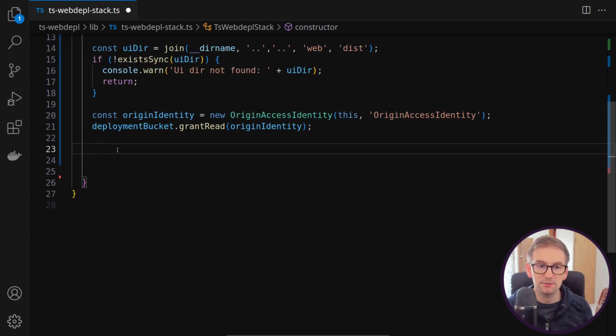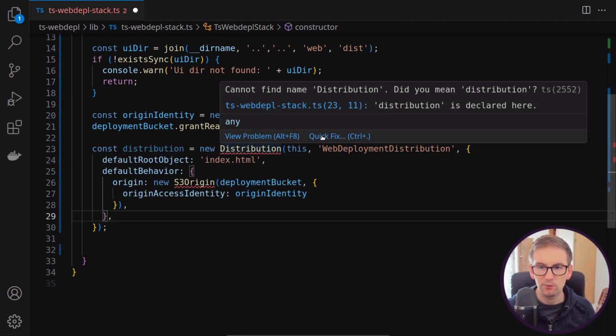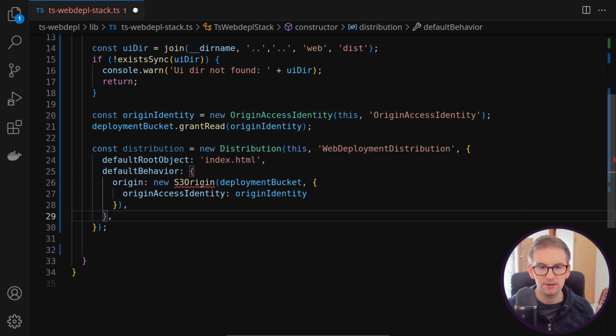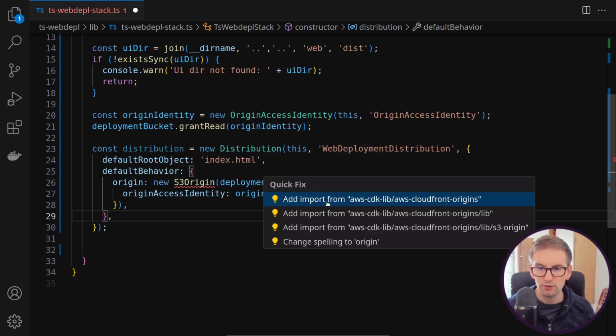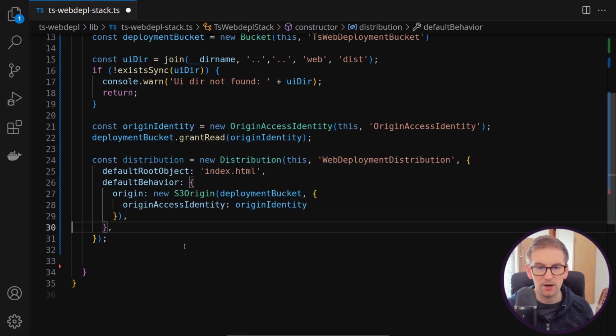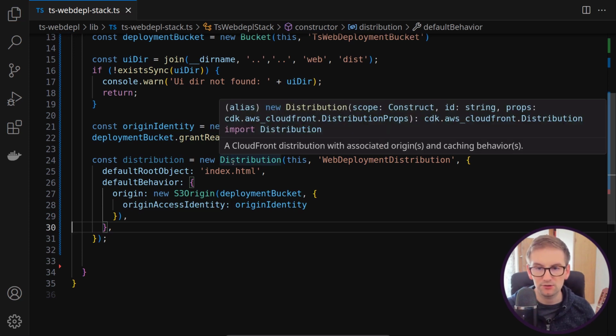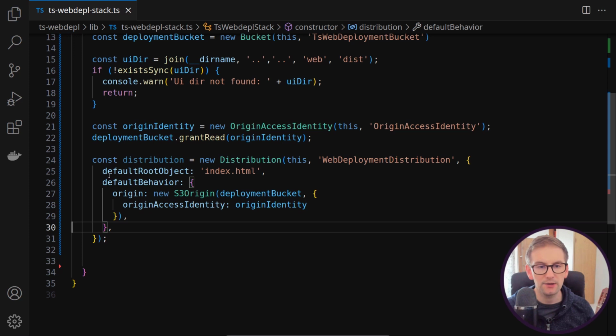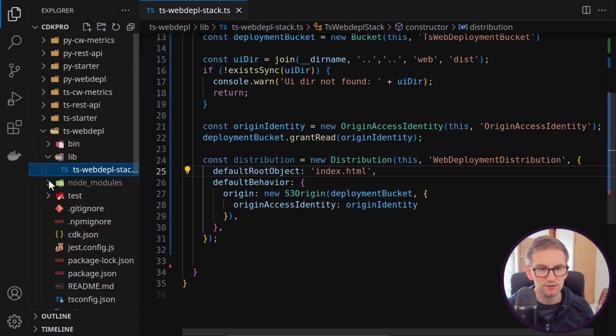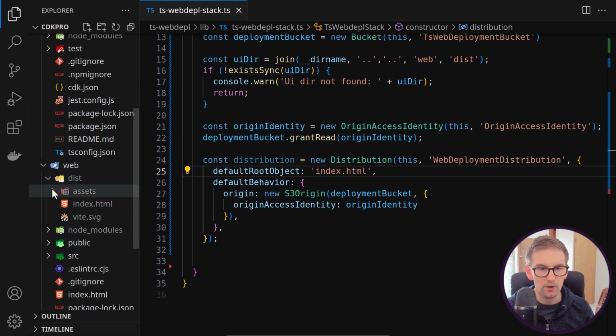Now we can proceed and build our CloudFront distribution. Basically, we will use the Distribution import and the S3Origin from AWS CloudFront origins. This is the one, and let me explain this code a little. Well, this is a CloudFront distribution construct. I specified right here that the default root object is index.html, just as it will be in this web entry